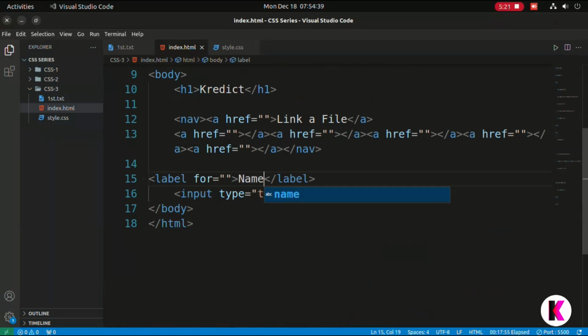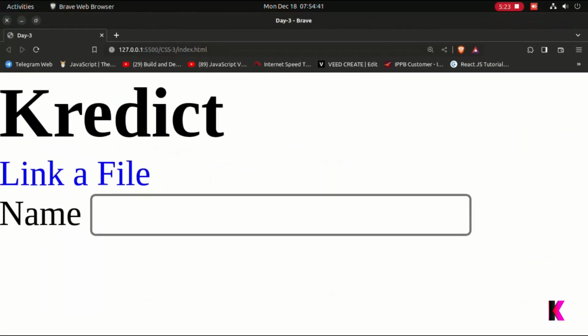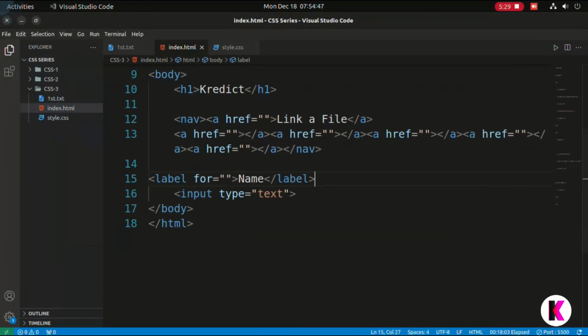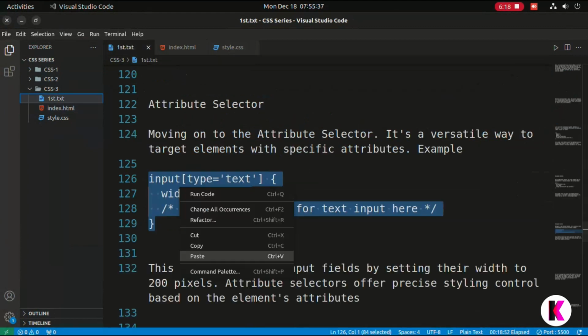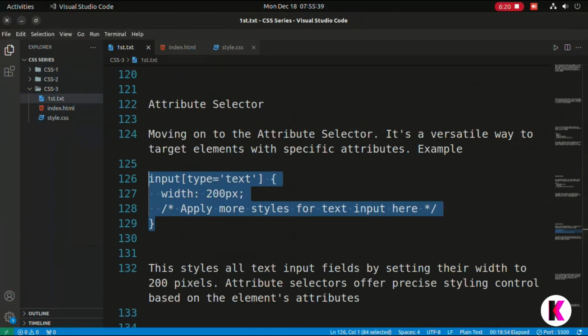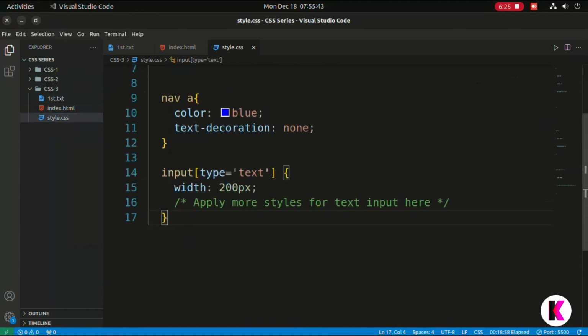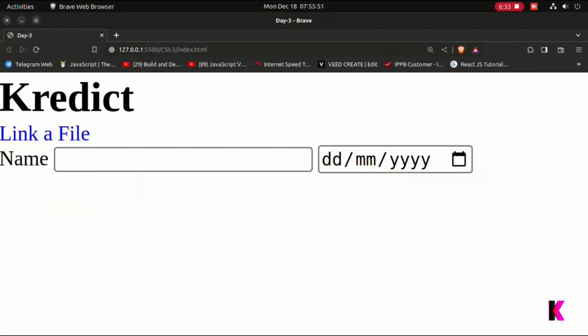So here you can see we have an input field. If I want to target this input field, how can we target it? We copy this and paste it here: input, and here we will write type text, and we want to give a width of 200 pixels. You can see the 200 pixel width is coming.